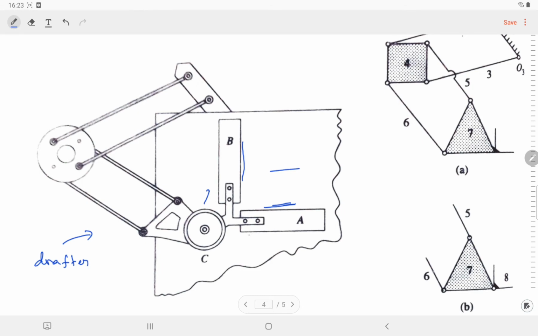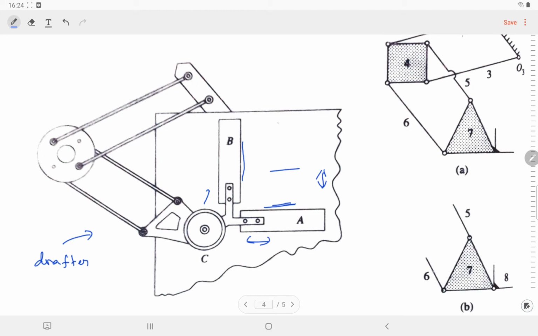You could move this one either in this direction or in this direction, but the orientation of this thing will not change. Therefore just move it over there and draw a line, because in our engineering drawing we have to make a lot of parallel lines and perpendicular lines. For that reason this will be used. Now this is one mechanism, and we need to draw a kinematic diagram for this one.